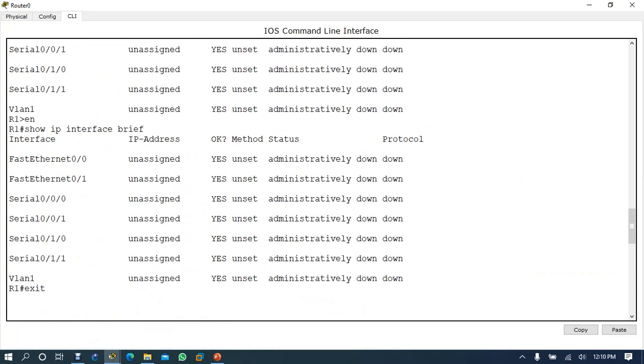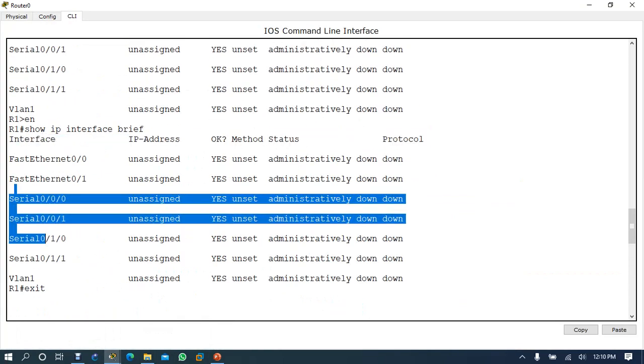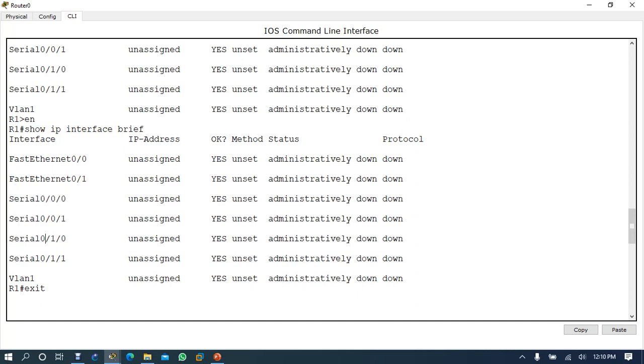Here are the interface names, and whether the IP is assigned or not. The method means you have assigned the IP address manually or by DHCP. Then the status of your LAN card is administratively down or up. Administratively down means you have manually disabled that port.